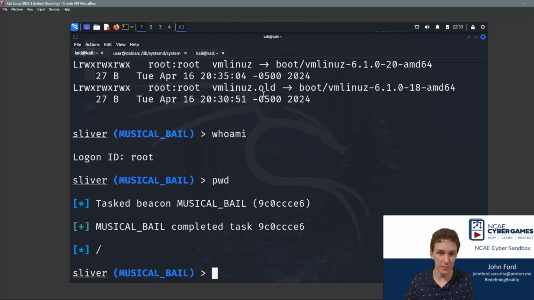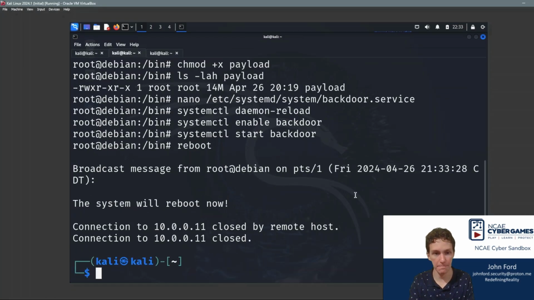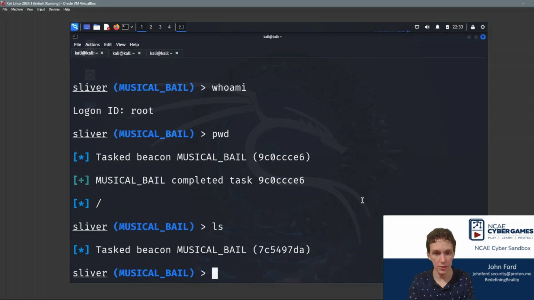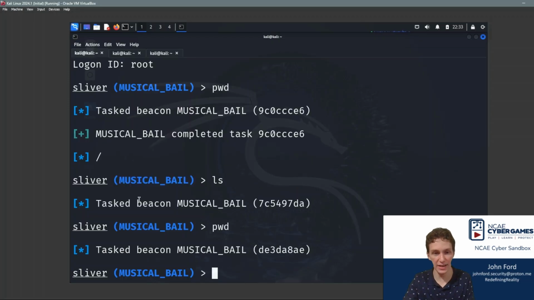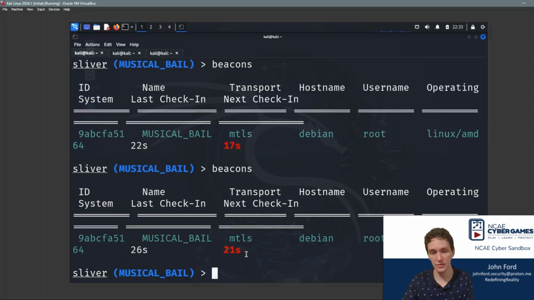But now here's the thing. Let's say the target decides to reboot their machine. So let's say I did reboot, just like that. Now we lost our access. And if I try to issue commands here, you'll notice I'm not going to get any output back. It's just going to try to task it, but it's not actually going to get anywhere. You'll notice if I look at my active connections here, that this connection is no longer active, which is indicated